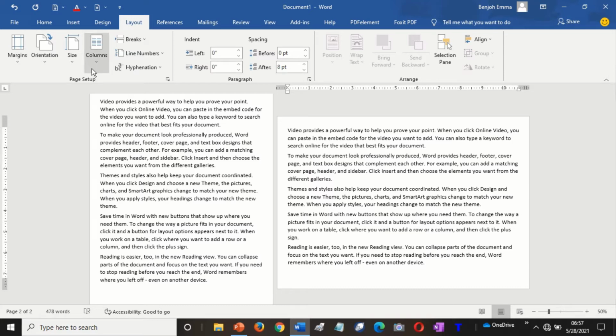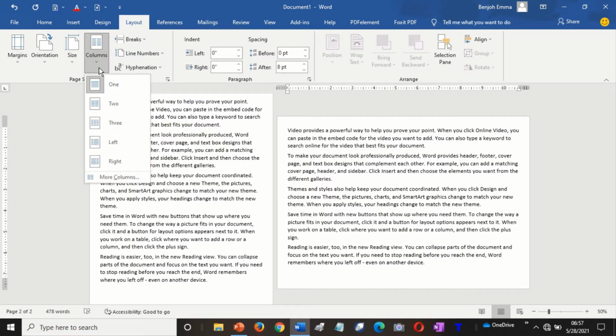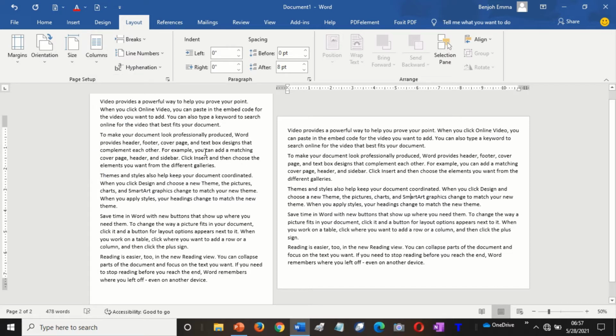Now the next thing is column. This place is very important. Setting the column of your document tells you how to make your document 1 column, 2 columns, 3 columns, or you select the column to the left or to the right depending on what you want to create. Let's see what this column is doing. For instance, we want to set a column to this document. We want this document to look like a 2 columns document. Let's highlight everything by